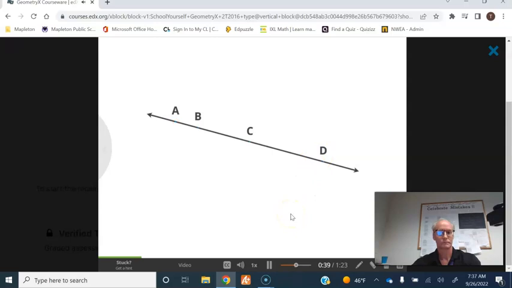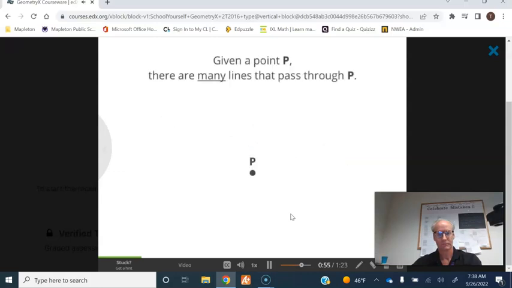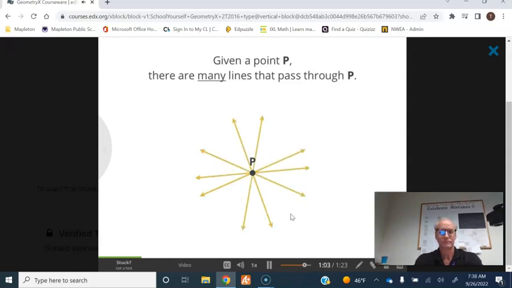Because it's impossible to draw an infinitely tiny speck, we use a dot that's centered at the exact location of the point it represents. So for example, while this orange dot representing point E touches the line, you can see that point E is not actually on the line. Next, let's start with a point which we'll call P. For any given point, like P, there are many, many lines that pass through P,